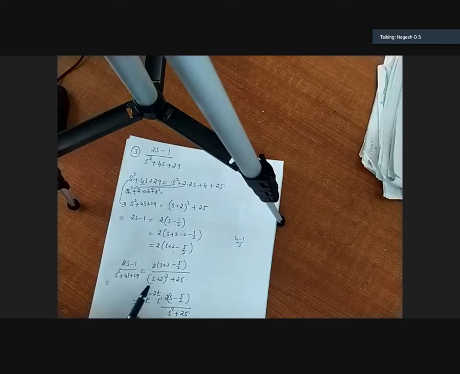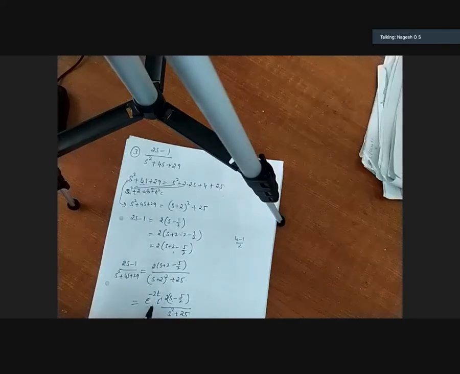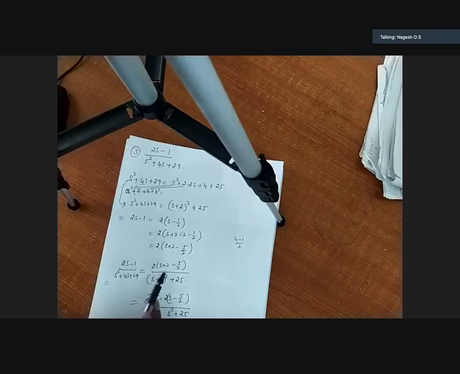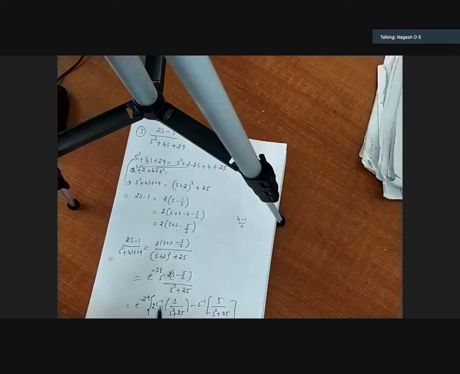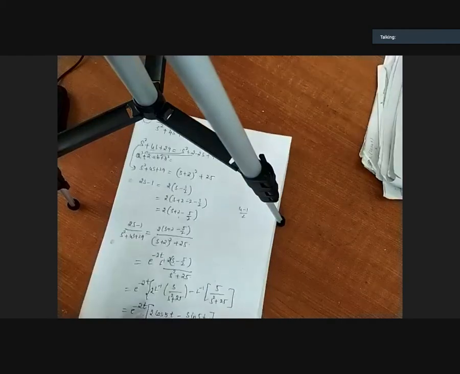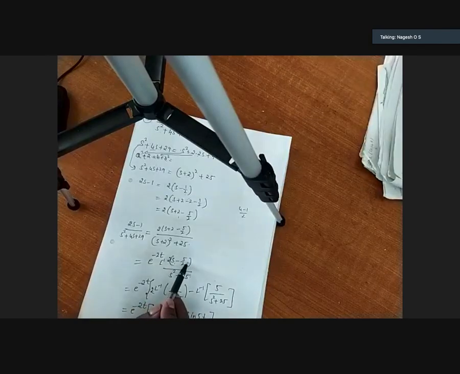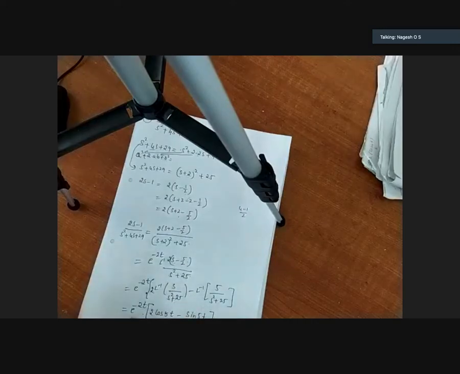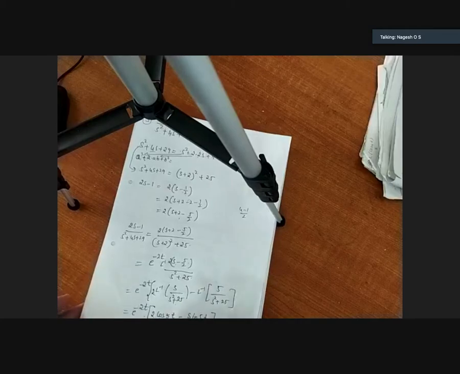Next, to apply Laplace inverse, replace s plus 2 by s by multiplying e power minus 2t, because you have plus 2 here, you have to multiply minus 2t. If you replace s plus 2 by s, e power minus 2t will be multiplied and L inverse of this much you will get. Multiply 2 inside, this will be 2s. You can write 2 outside, s by all this thing minus 2 if you multiply inside, 5 by all this thing. So Laplace inverse of this is cos 2t, Laplace inverse of this is sin 2t. Okay, this is the answer.